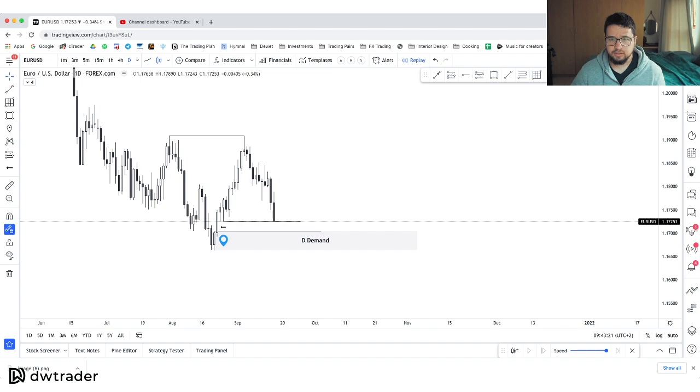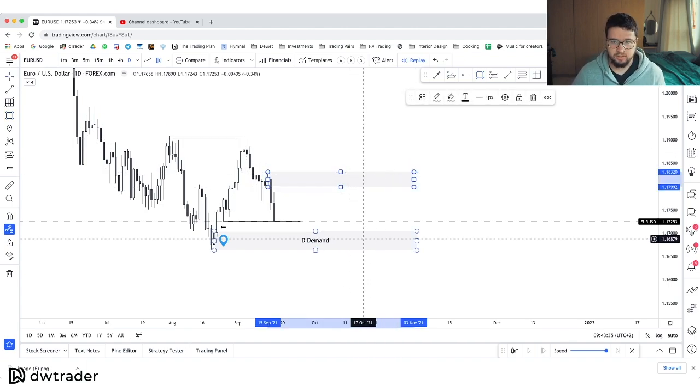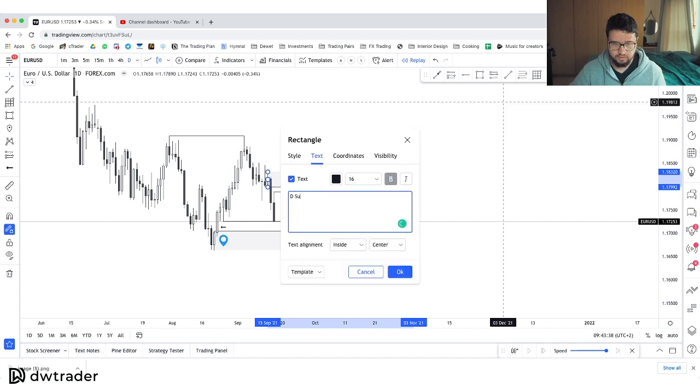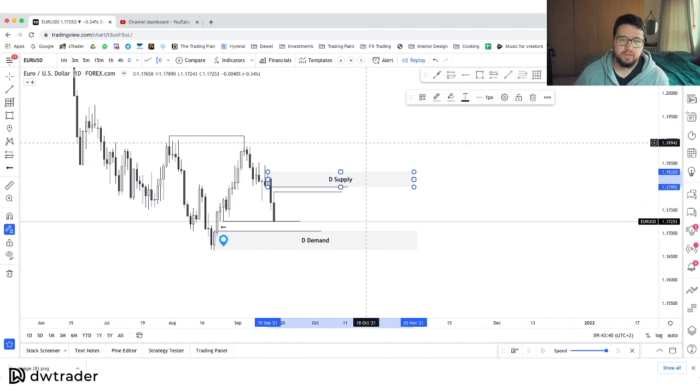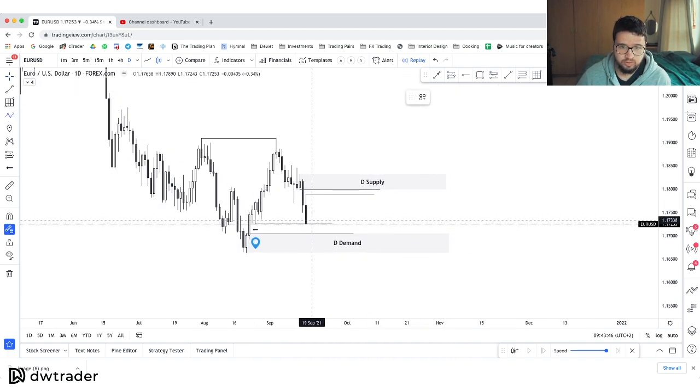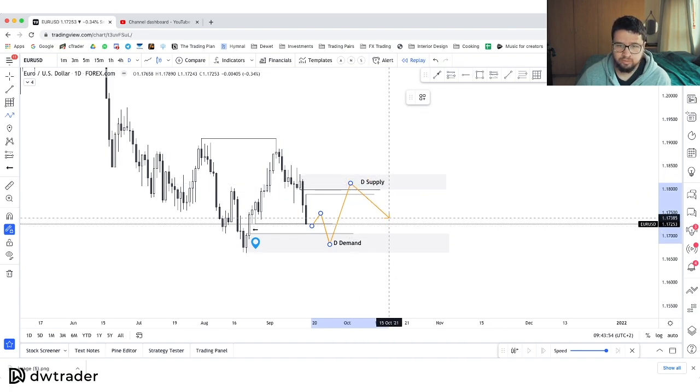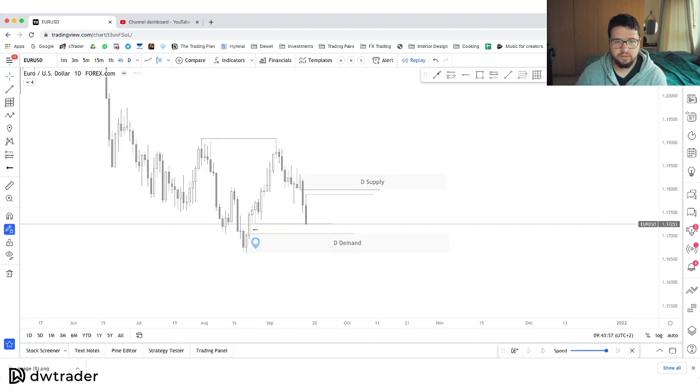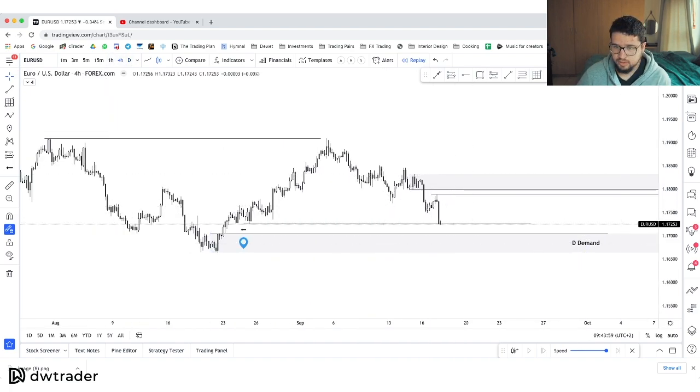And then towards the upside again, we have imbalance over there, and an area of supply, which is then our daily supply. The general idea for me on the daily would be for price to make a short pullback and then continue down, and then return to this area, and then we'll see where to go from next. But if we look at the 4 hour, we can see,